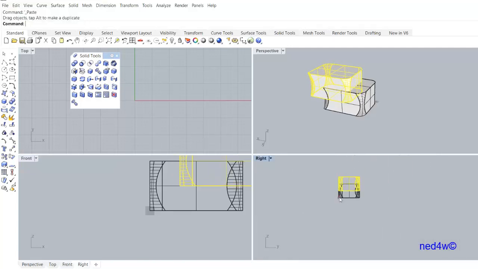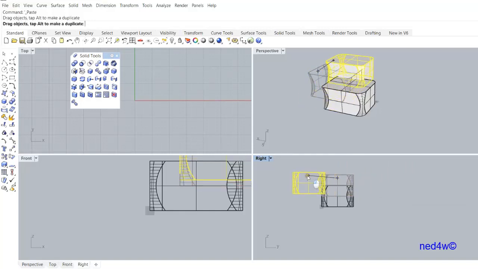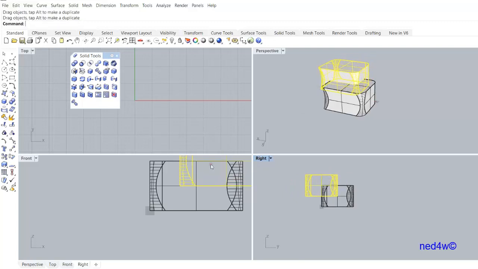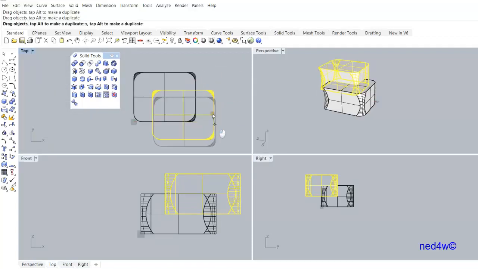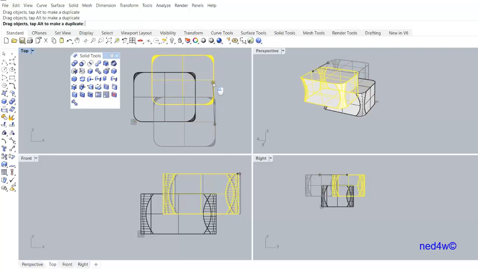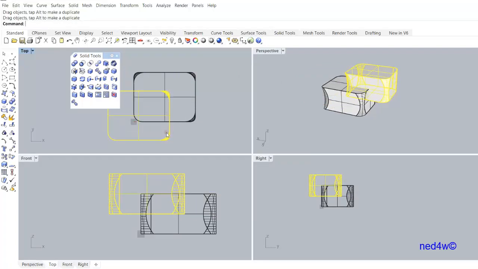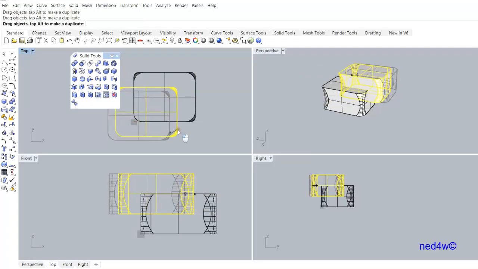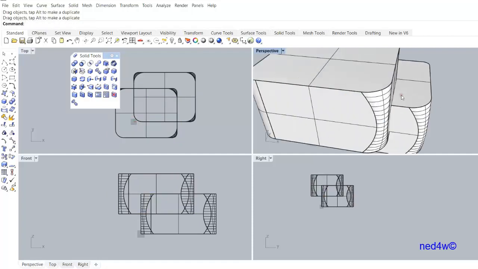And then here in this view, on the top view, something like this. All right, and then all we have to do is to